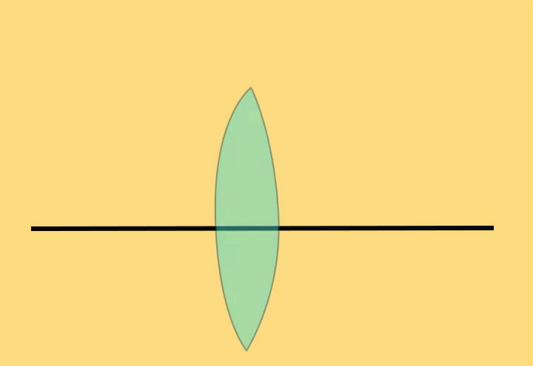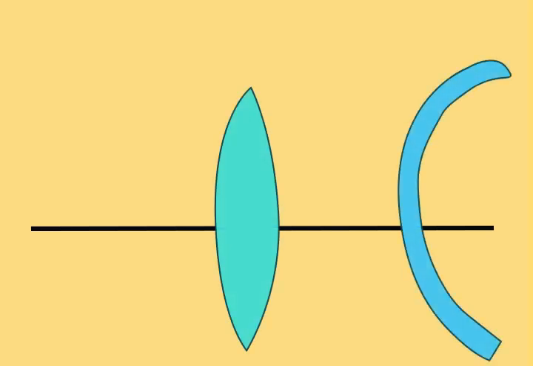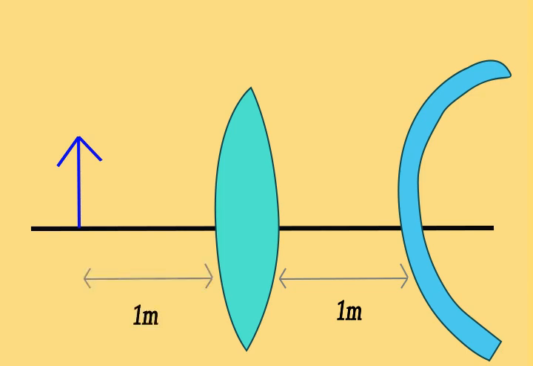Assume that there is a lens and mirror in the figure, which are separated by a distance d, 1 meter. There is an object placed on the left of the lens, as shown here, and the distance between it and the lens is 1 meter. If the lens has a focal length, f lens, of 80 centimeters, and the mirror has a focal length, f mirror,